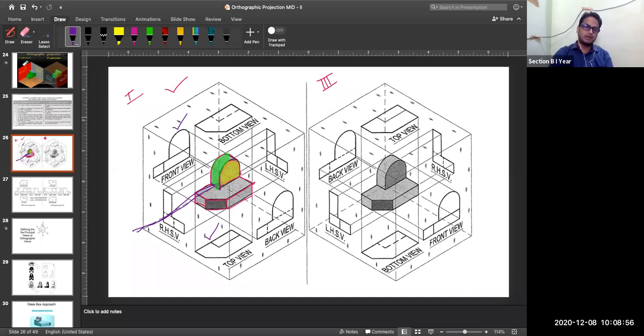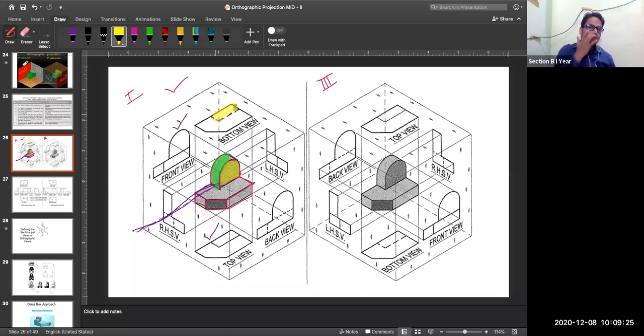So here you can see dash lines are used. It is clearly visible here. Okay, let me highlight this portion so that it will be seen on your screen. Here, this yellow color portion you can see, it is shown in dash lines. It means those lines are hidden. We will not be able to see those lines if we are looking at that object from the bottom side, okay.